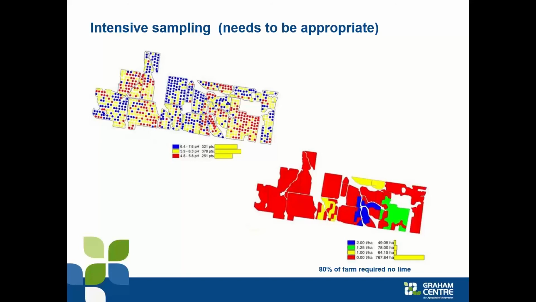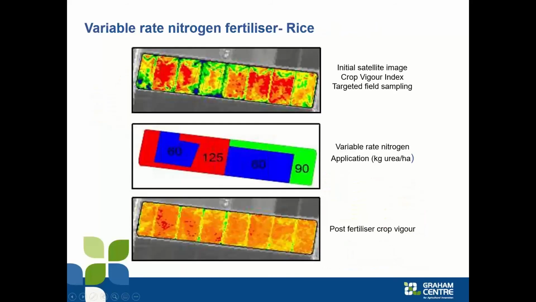And so I think, again, it's this whole idea of multiple layers of information and making informed decisions rather than having some kind of blanket recipe is more likely to be a much more robust way of going about the process. And it's one of those things that when we do go about the process of targeting investigations and coming up with variable rate plans, or even just the most appropriate rate. And that's something that people often forget, that you don't have to be using this technology to go down the path of variable rate application.